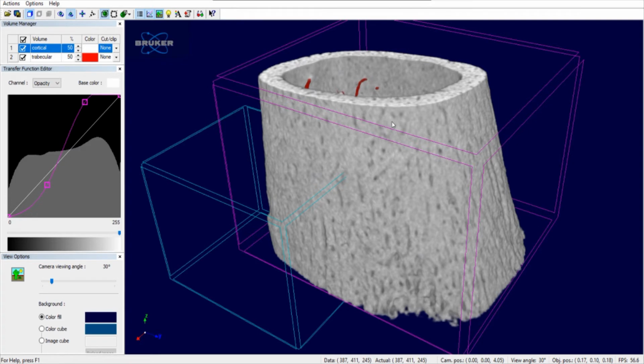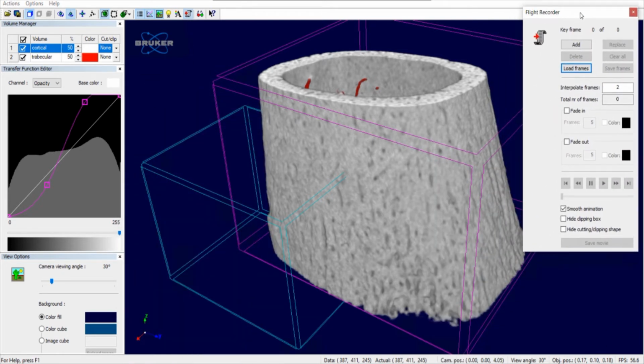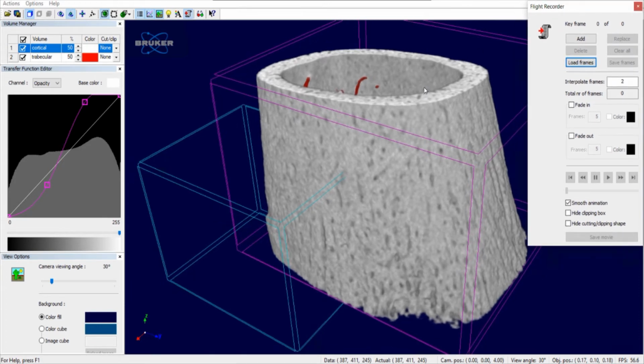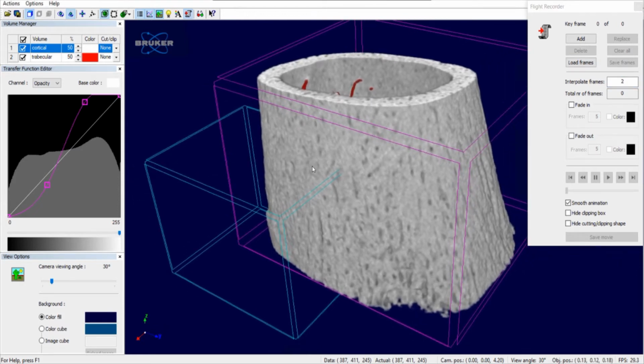One important thing is, I will show you now how to create a video from this. And when you create a video, there is an option where if you want to keep the frame or not in the video. So for creating the video, you have this option here, the flight recorder. Open this one, you can position it somewhere, like let's put it here. One important thing is, I'm going to change this later. But the first thing you might want to do is position your sample wherever you want to start and add a frame in this position. The first frame is going to be the position you have